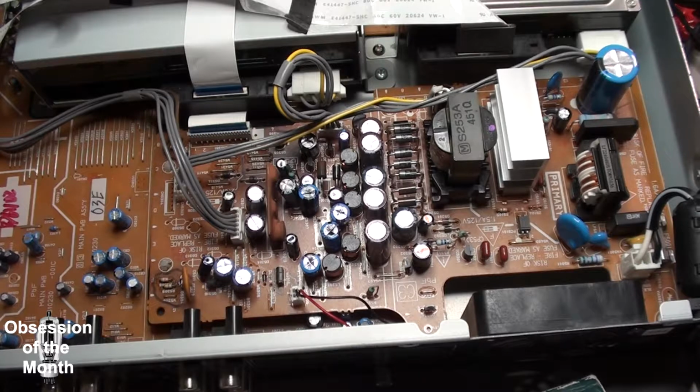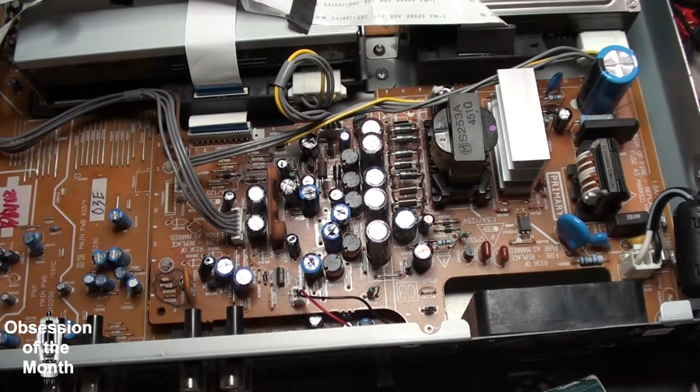This is for the JVC DR-MH30SU hard disk drive recorder, circa 2005, which I paid a ridiculous amount of money for. I think it was like $550 from Crutchfield. It was a very good unit as long as it worked, but